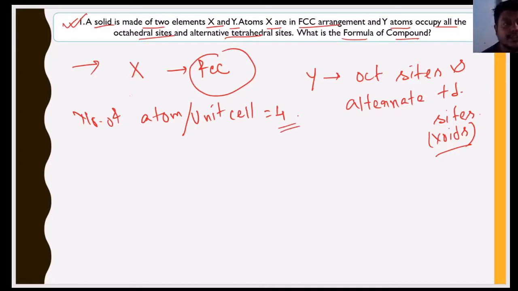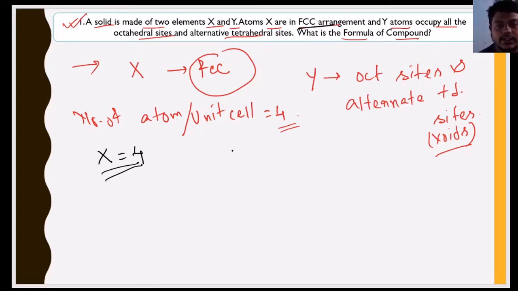So for the FCC part we have the number of atoms per unit cell is 4। So as we have the number of atoms per unit cell is 4, so for x the number of atoms per x is 4, because that is explained that x is in FCC arrangement। ये चीज समझने में उतना टाइम नहीं लगता, बिकॉज एक्स आर इन एफसीसी अरेंजमेंट, सो नंबर ऑफ एटम फॉर पर यूनिट सेल फॉर एक्स शुड बी 4। यहाँ पे पर यूनिट सेल को लेके ही हम लोग ज्यादा बात करने वाले हैं।